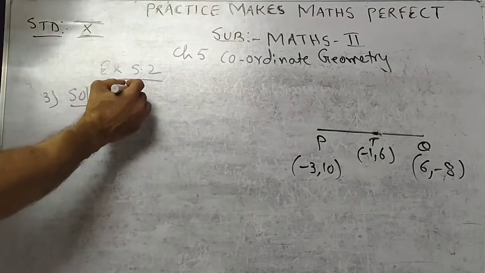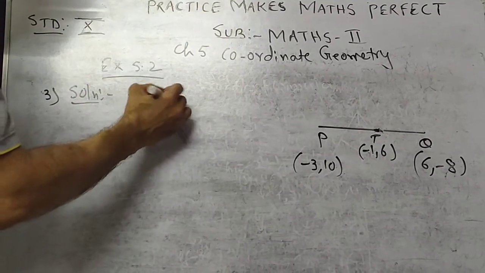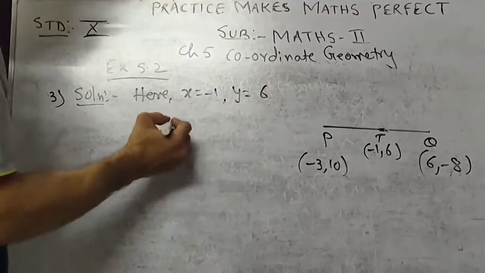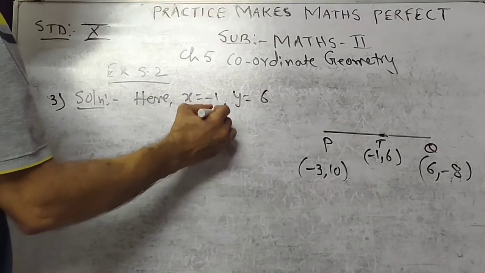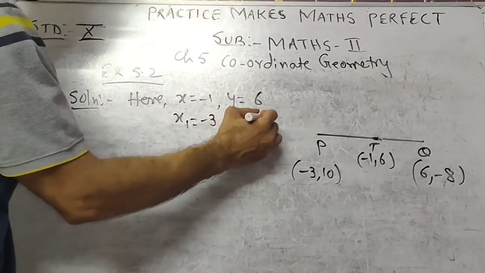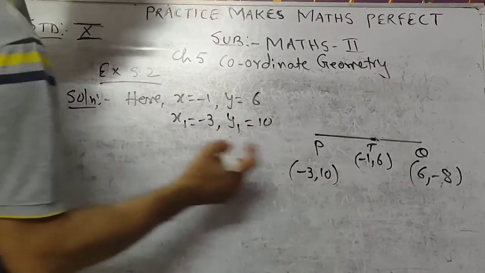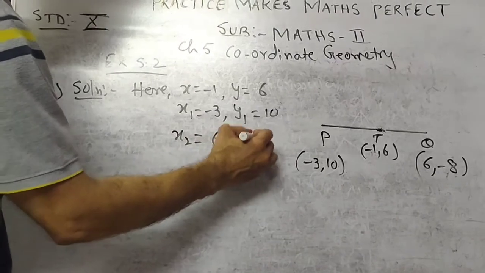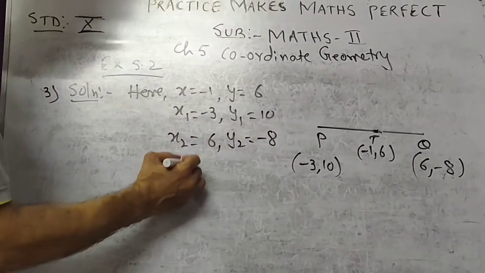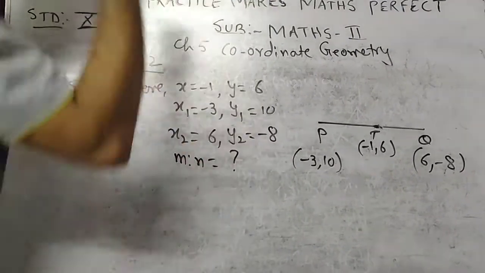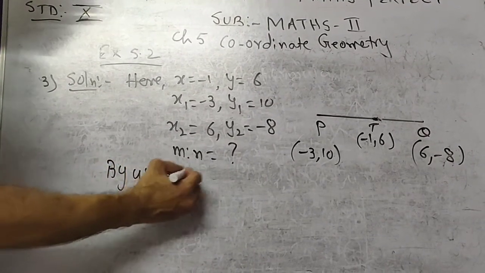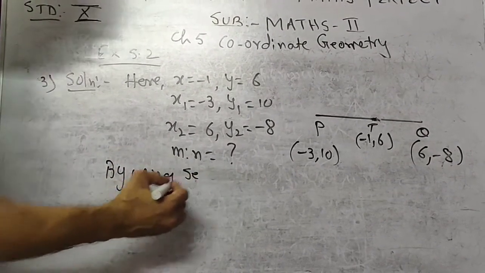So I am writing here x is equal to minus 1, y is equal to 6, x1 is equal to minus 3, y1 is equal to 10, x2 is equal to 6 and y2 is equal to minus 8. You have to find out m ratio n. This you have to find out. So by using section formula,